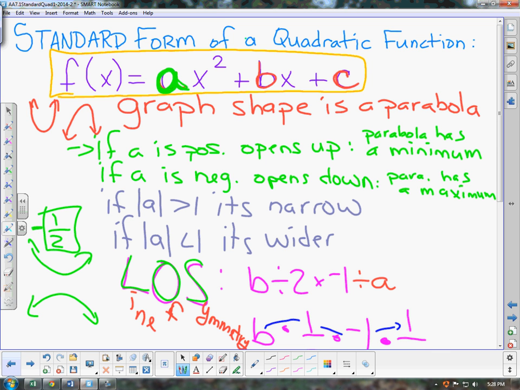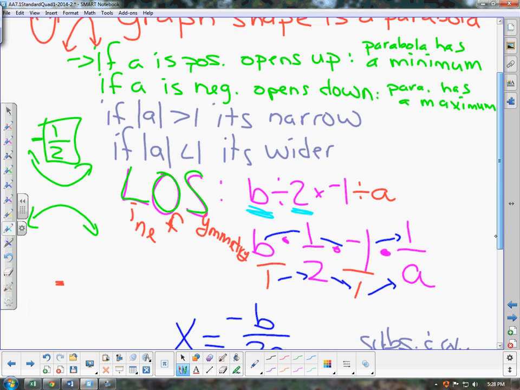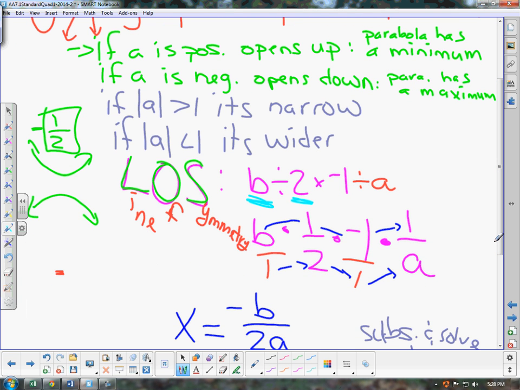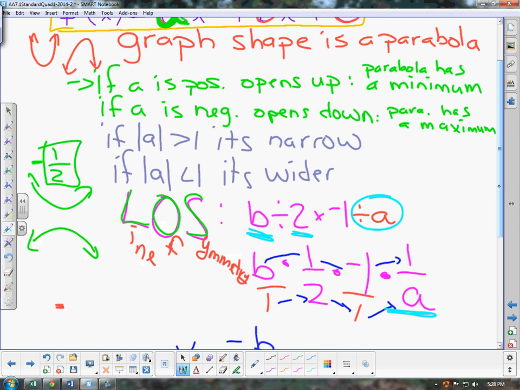To find the line of symmetry, you have to take the b value, cut it in half, divide by 2, and also multiply it by negative 1, and then divide by a. Now, that sounds like an awful lot of junk to be doing. So instead of doing all of that, and dividing by a is the same as multiplying by 1 over a, well, now here's where multiplying with fractions is an important thing, because if you take b times a half times a negative 1 times 1 over a, put a 1 underneath this, put a 1 underneath that,